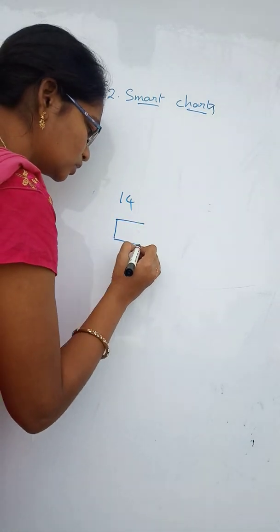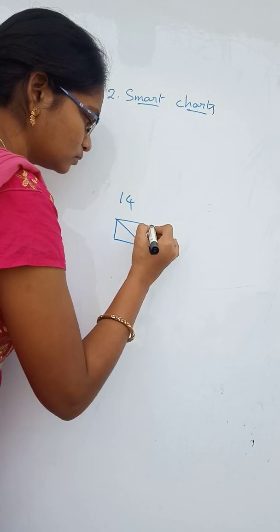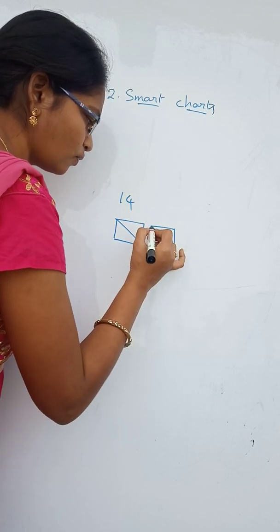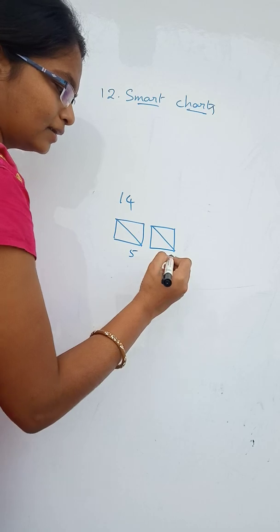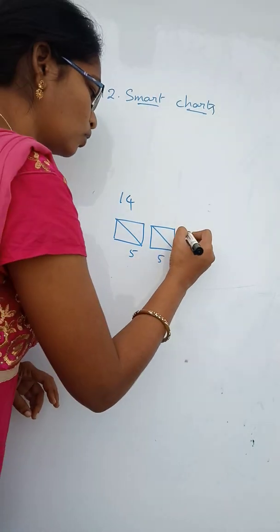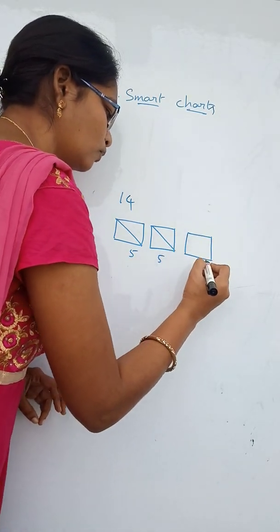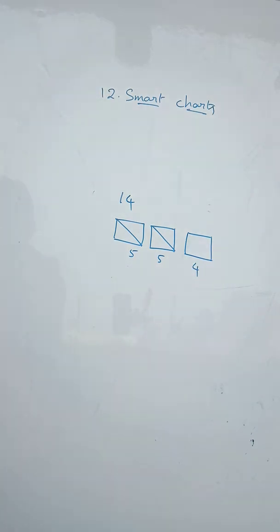1, 2, 3, 4, 5. 1, 2, 3, 4, 5. This is 5, 10. Remaining how many do we have? Only 4. 1, 2, 3, 4. So 14 ads are coming during the break. Okay. Try yourself. Next time when you are watching your favorite program, count the number of advertisements during each break. How many tally marks can you write?